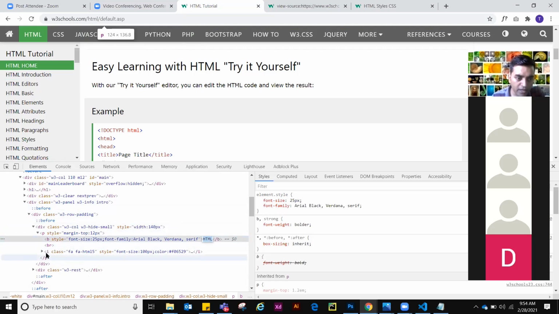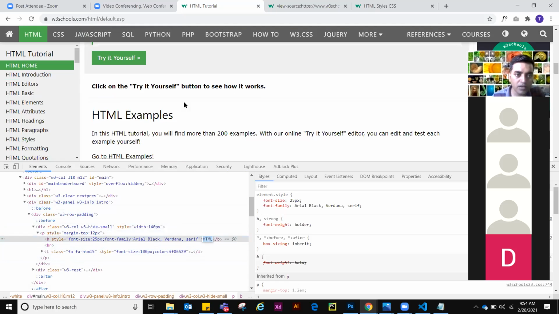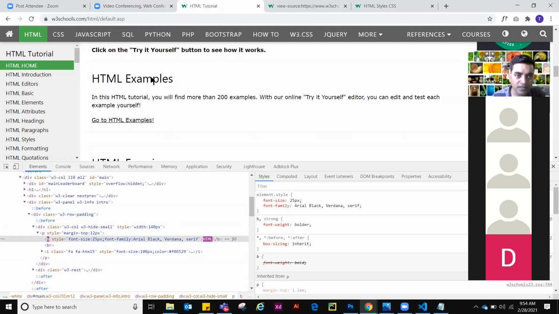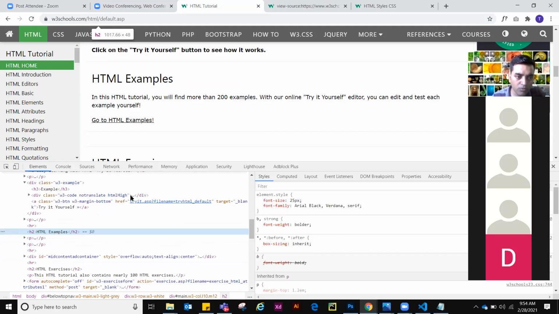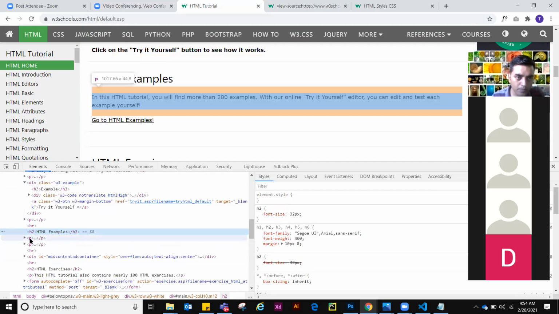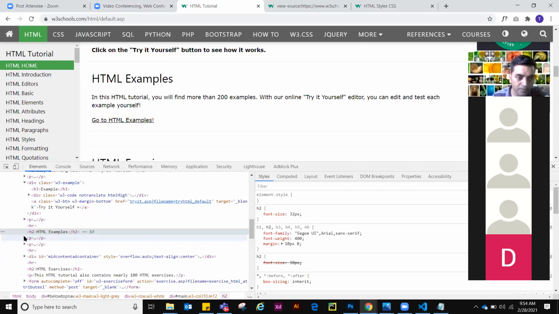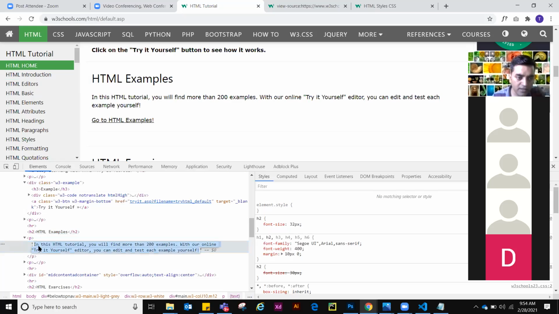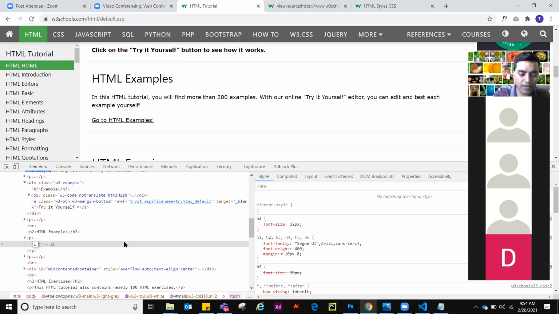So I would encourage all of you to access any page. You can go to W3Schools and check the code like this. And edit it. When you double click it, it becomes editable.